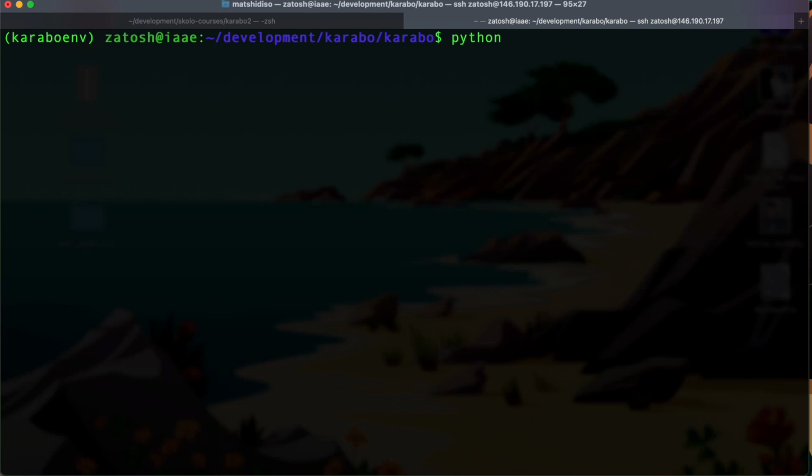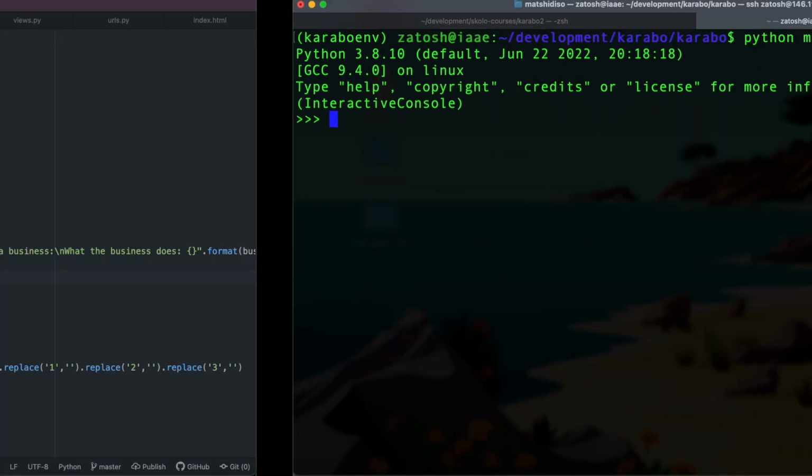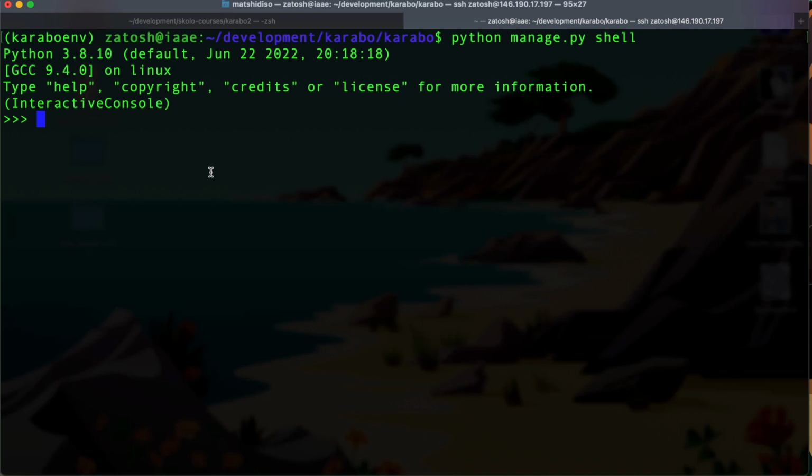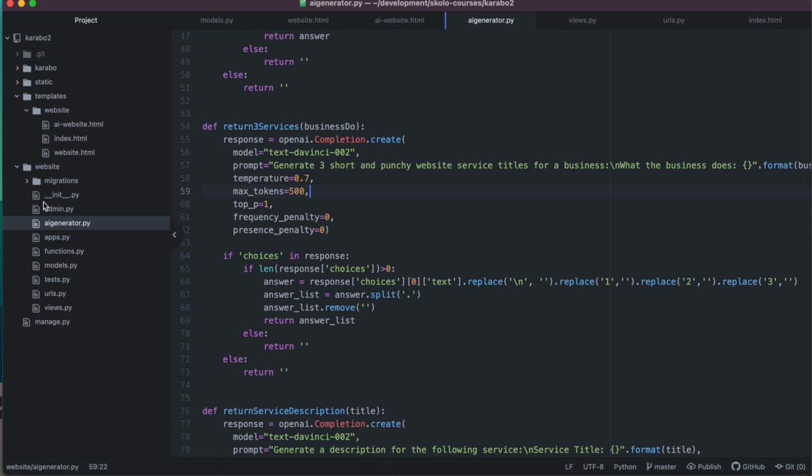If you want to test functions before running them in the actual application, you can run the Python Django shell. It's very specific. You don't just do python, you do python manage.py shell. It opens up a Python shell, and inside of here you can do whatever you want, like test functions out before you figure things out, and it will be running these functions inside of the Django context. That's a nice thing. So I want to import these functions from inside of